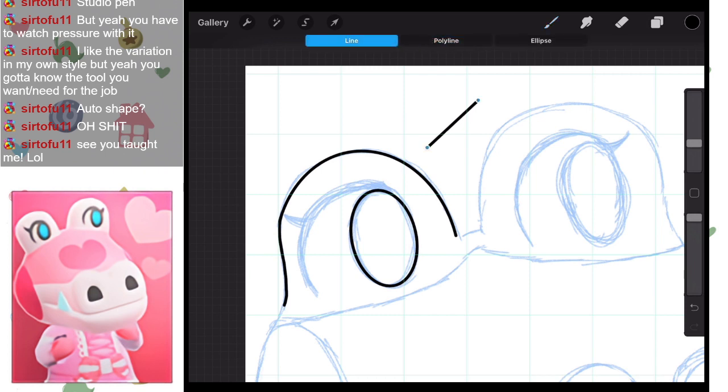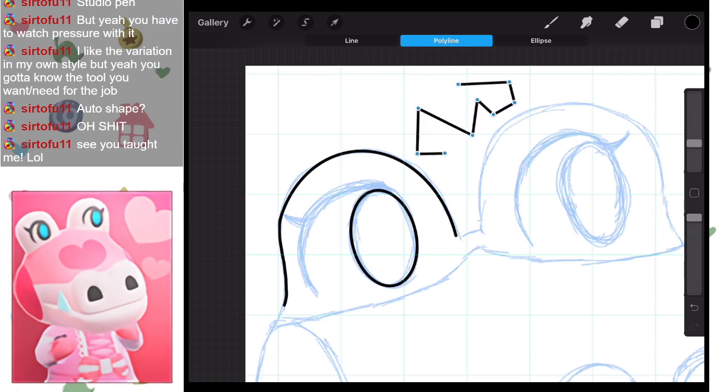And then I can click edit shape and play around with whatever kind of line I was trying to do. So now that I was a little bit more shaky, it understood it as, oh, you have different points that you're trying to use. So, okay, thank you. That's also with